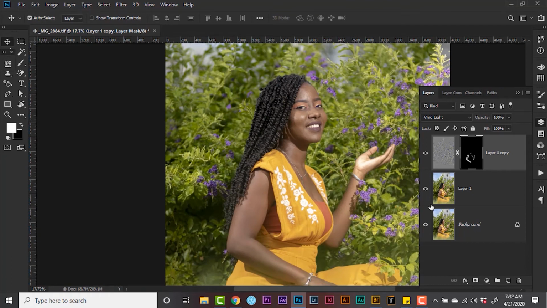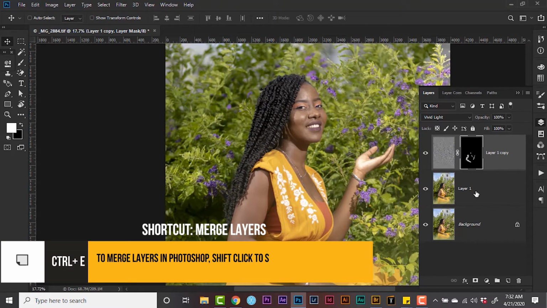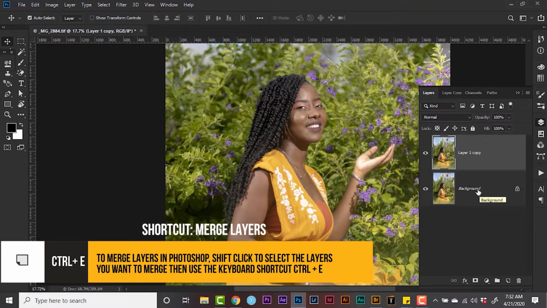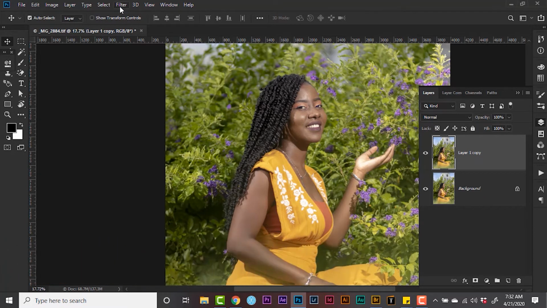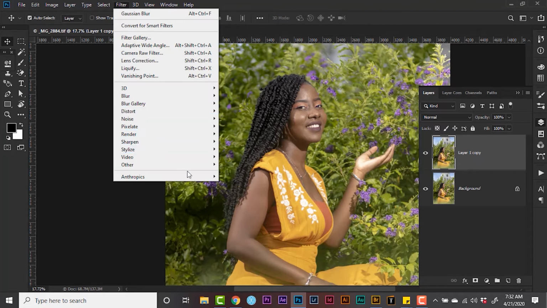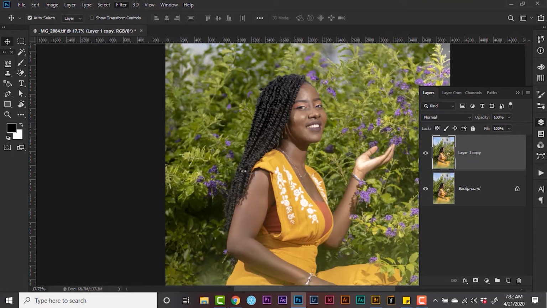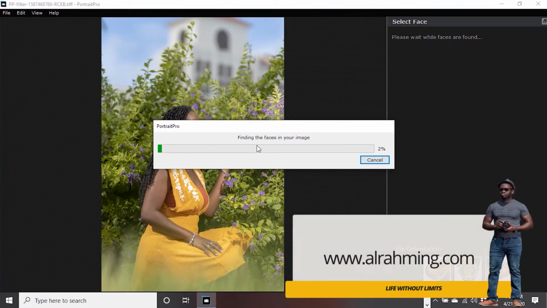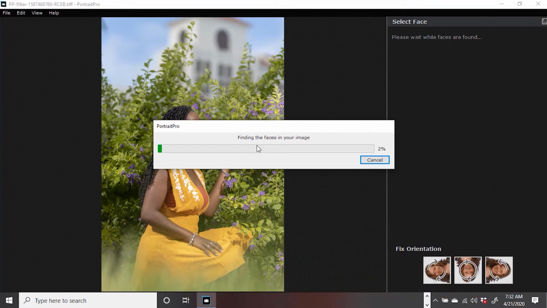Okay, that looks fine. So what I'm going to do is merge the skin softening layer with the layer just beneath it. Okay, I'm going to jump on over to Portrait Pro. I'm going to go to my filters gallery and choose Pix Portrait Pro. So by default, what this software does is it selects the outline of the face automatically and applies some basic